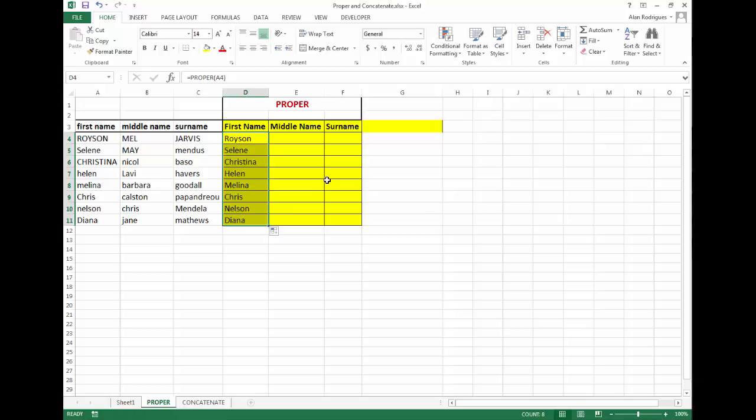I'll show you the second method. The second method is even easier than that. Suppose you have hundreds or thousands of these rows. Simply keep the cursor on the right hand side of cell D4 where you get a plus sign and simply double click it. The double click method only works for downward rows and not for across columns. For columns, you still need to use the dragging method.